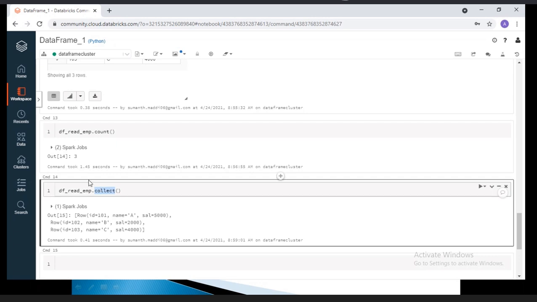If you want, but don't execute the collect function on your main data file, because unnecessarily it will load a huge amount of data into your driver program. Use it only when you have minimal data, like your schema information, some column names, hardly 10-15 records, maybe column definitions, not your business data. If you have a requirement to see the data and perform a calculation on top of it, then you can use collect. But on your business data, nobody will do collect operations.